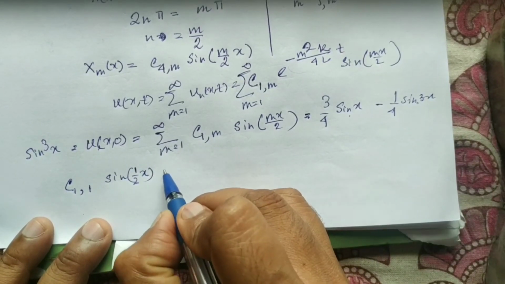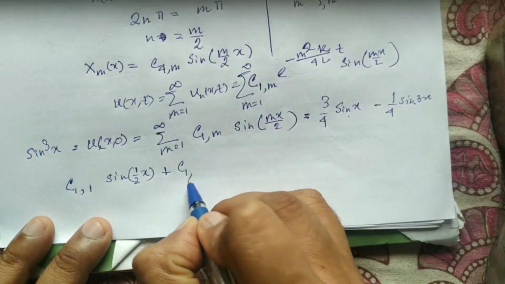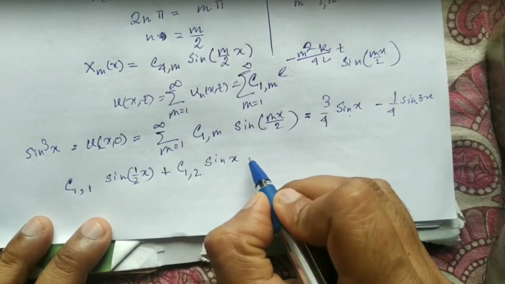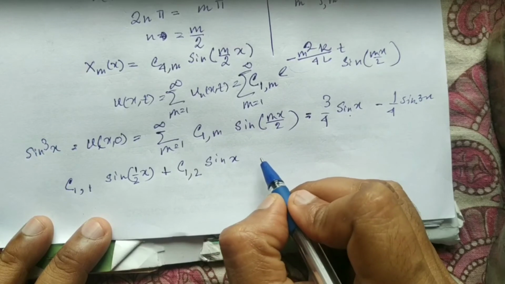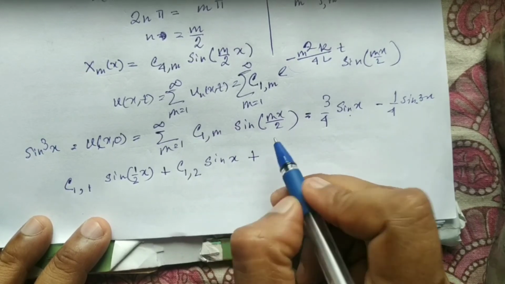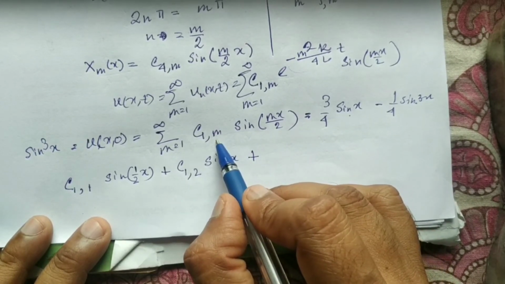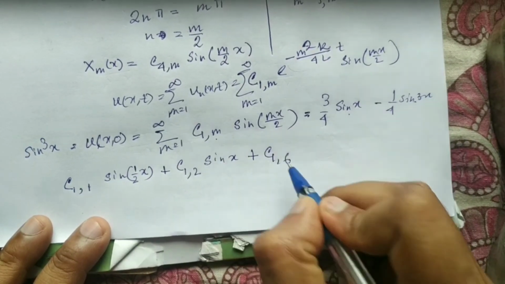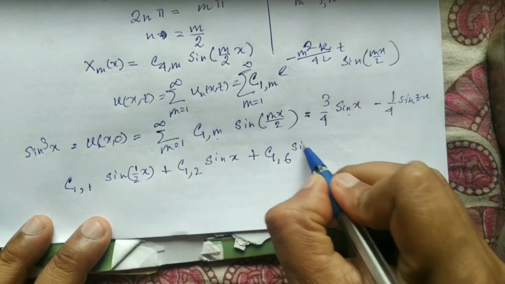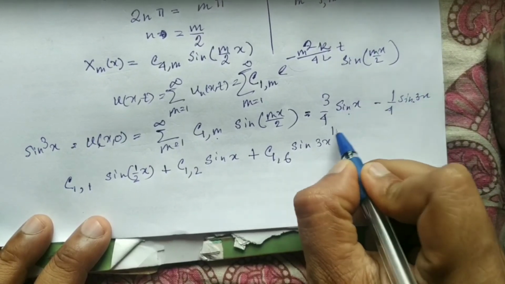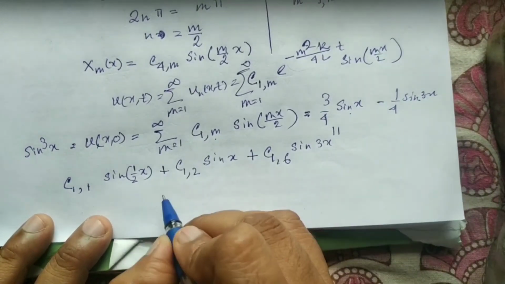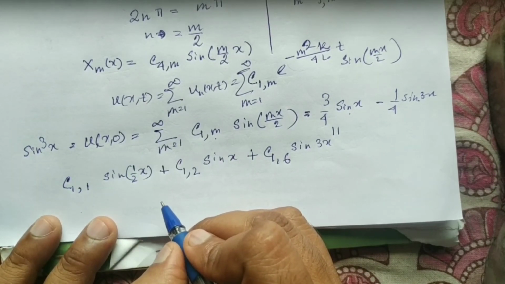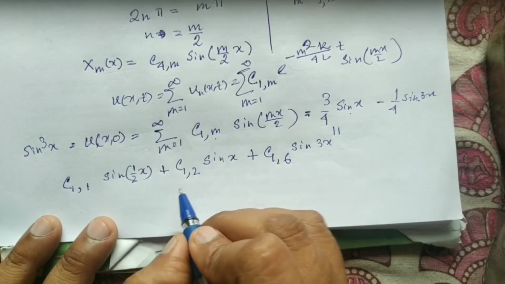The first term is that, then C1 2, this is sine x, then many other terms will be there, and then ultimately whenever your m is equal to 6, you will have C1 6 sine 3x equal to that part. So comparing them, you can write all those C1n are equal to 0 except the fact